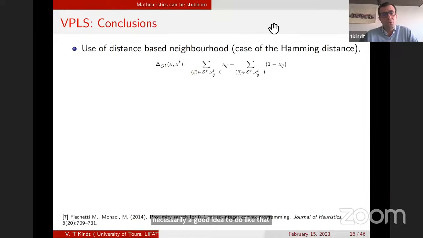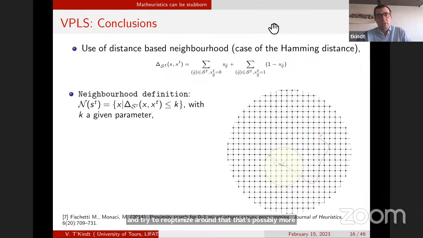We may use another approach to fix variables, and this approach relies on the Hamming distance that we have seen before. Possibly it's better in this case to define the neighborhood based on the distance and just say, here is my schedule, please don't change more than n jobs or assignments with respect to my current schedule, and try to re-optimize around that.